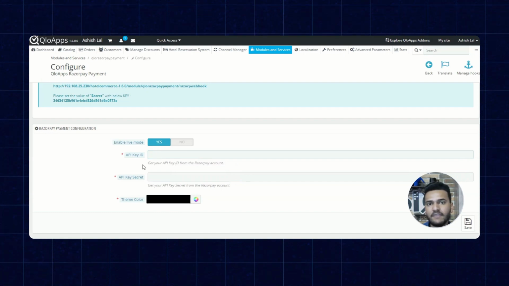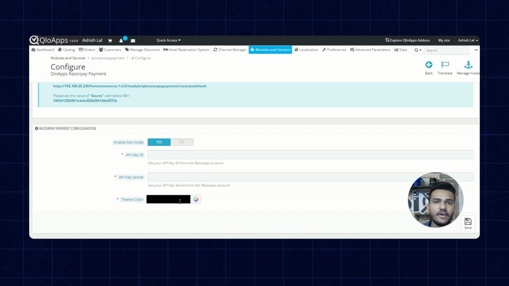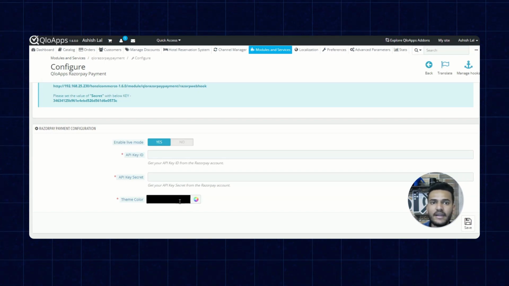API key ID will be fetched from the Razorpay account. The same goes for the API key secret as well. So these two details will be fetched from the Razorpay account. The third option we have here is theme color.